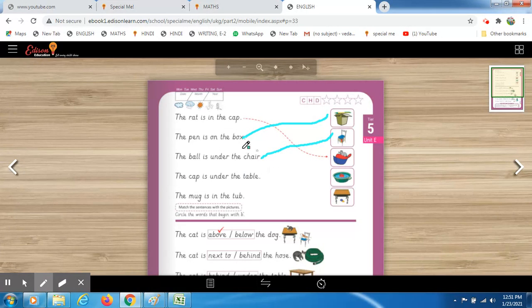Okay. Now it's done. You just have to come to the next sentence. Next sentence पे आप आओ. Read this sentence. Okay. Yes, you have to split the words and then you have to read one by one.